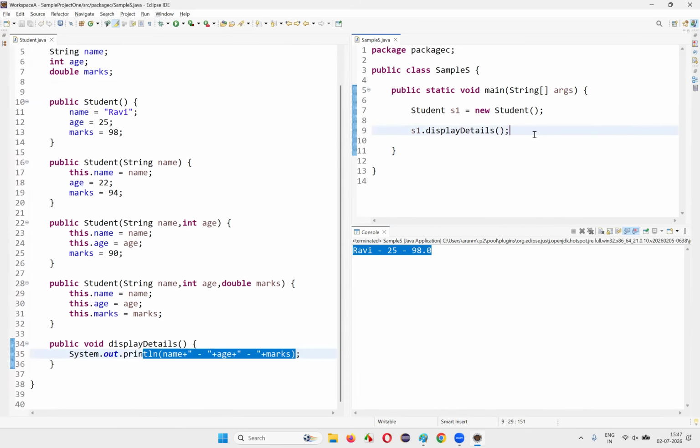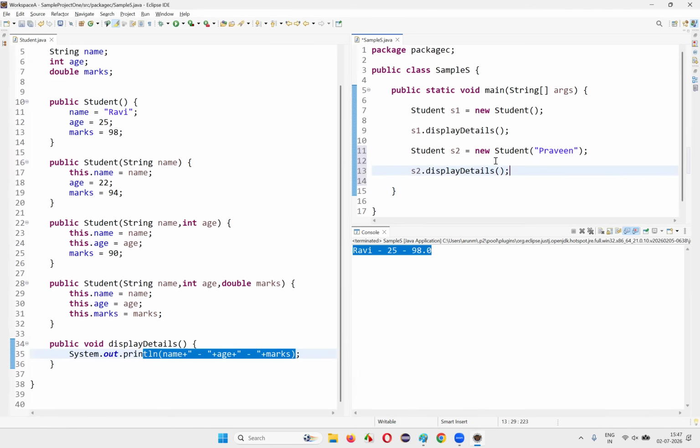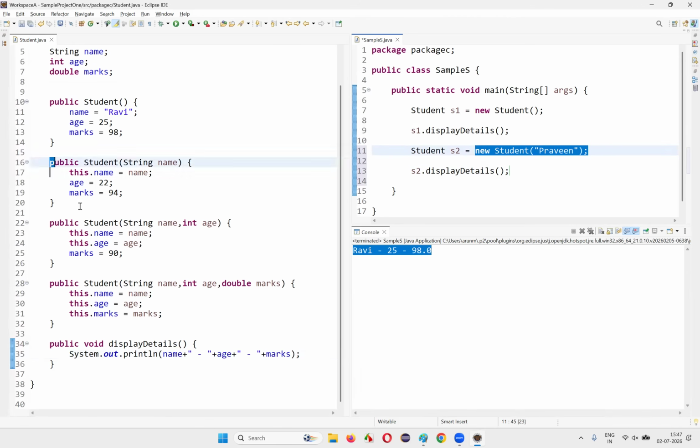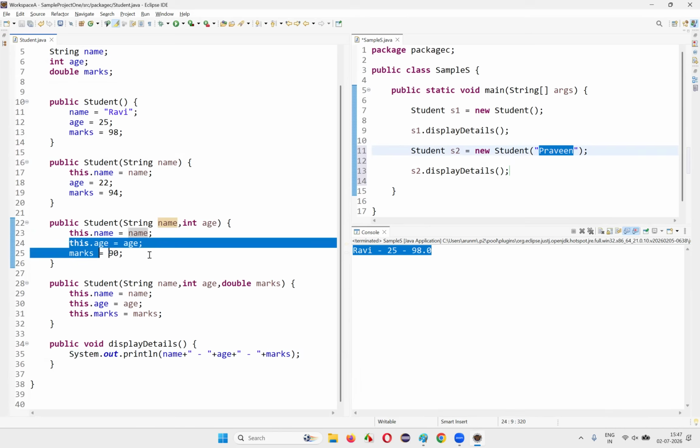Ravi 2598 came. Now similarly, if I say new Student and pass only the name, I'll pass the name as Praveen. So now Student S2 is equal to that, and if I say S2.displayDetails, what is happening, guys? This will call which constructor? This constructor, where Praveen will go and be stored into the name, and that name will be passed to the class variable name. So here the name for this particular object will be initialized with Praveen, and the remaining two things